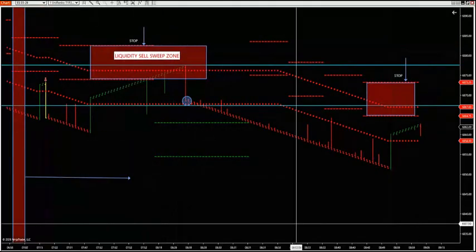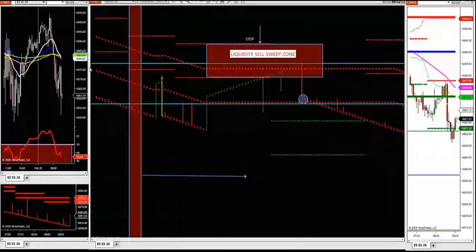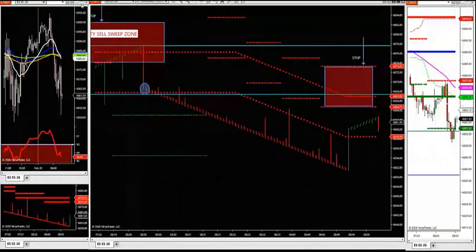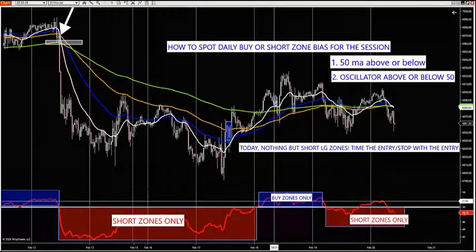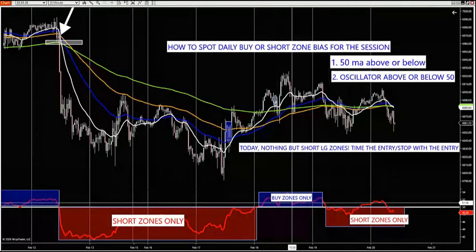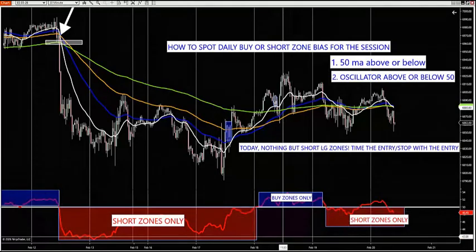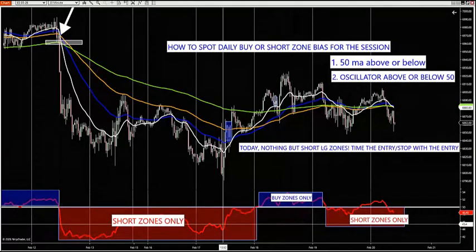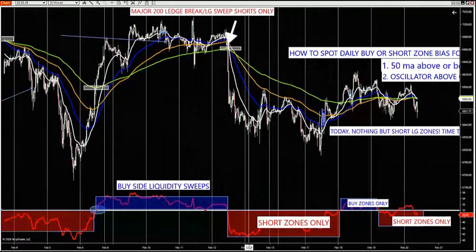So I found a little easier way. Not only did I find an easier way for you guys to find out the bias, this is as simple as you can get. If I'm below the threshold, we're shorting all day, like yesterday. If my oscillator's above the threshold, we're buying liquidity grabs all day. If we're below the threshold here, we're shorting nothing but zones all day, for 3 days in a row. If we're buying for 3 days in a row, we're doing nothing but buy liquidity grab sweeps. So I made it really, really simple